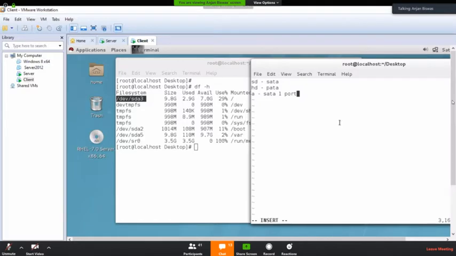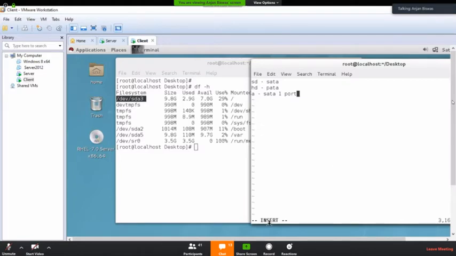Now 3, SDA3. What is SDA3? 3 means the partition number. Whatever number of partitions you have created on your hard disk, numbers like SDA1, SDA2, SDA3, SDA4 are assigned. So SDA3 it is.